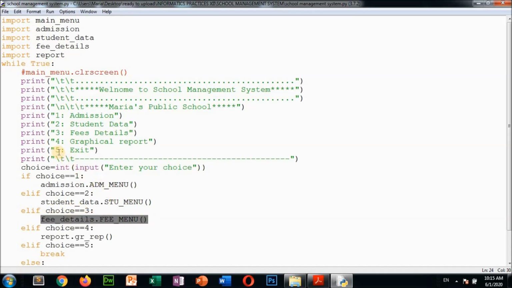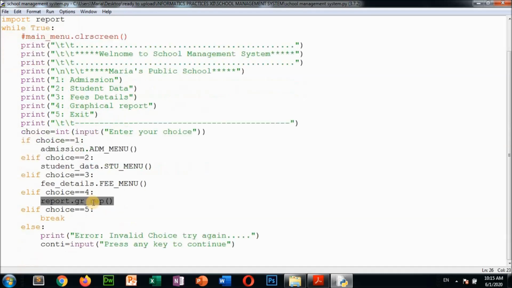Clear? Now suppose your entered choice is 4, it will check this condition, false. Again it will go to this condition, false, and this one is true. That means it will execute this statement. Clear? Suppose your entered choice is 5, then break, that means it will finish here.